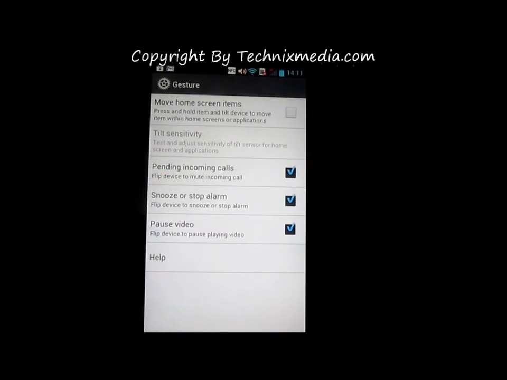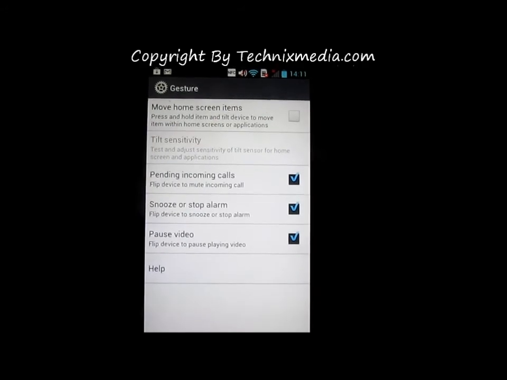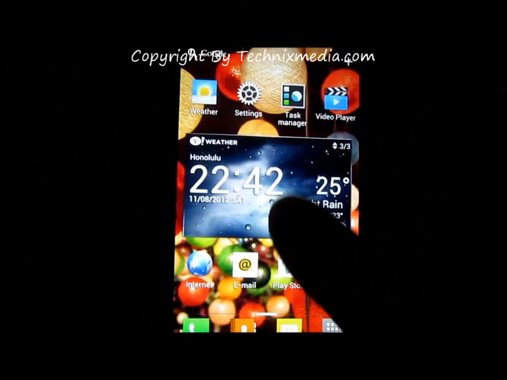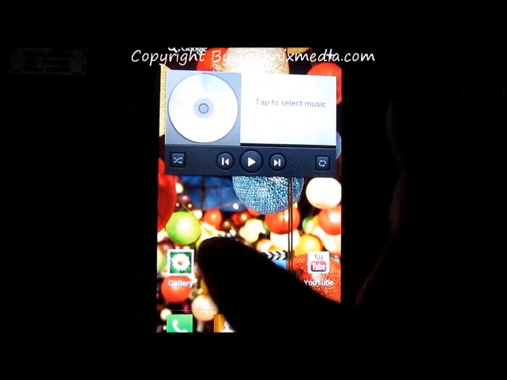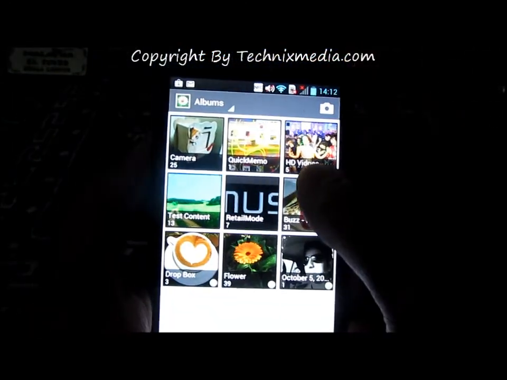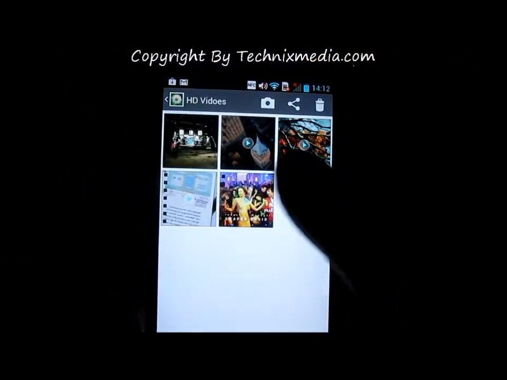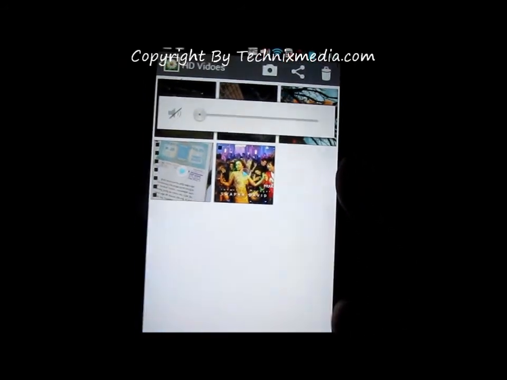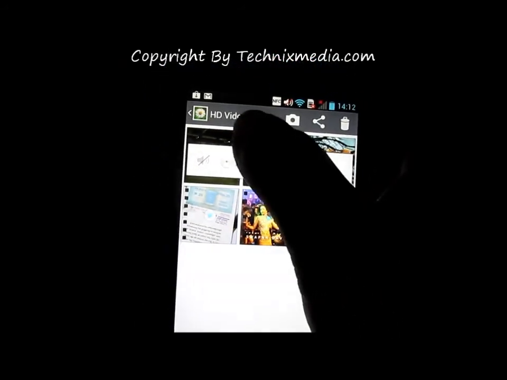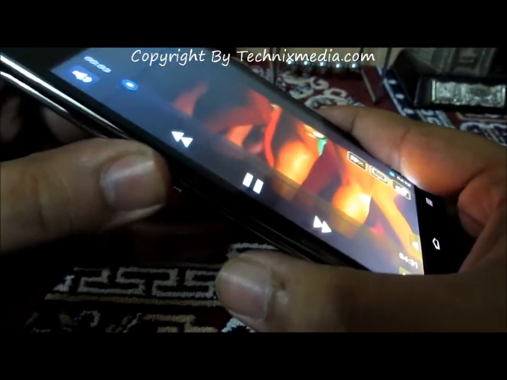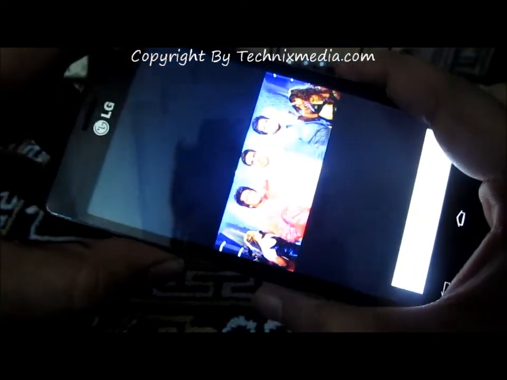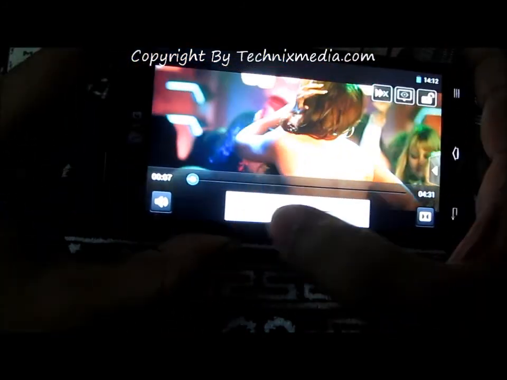Apart from this, you have these gestures which you can use. Let me show you by watching a video, and when we flip it, the video will be paused. So this is one video which we are watching right now.